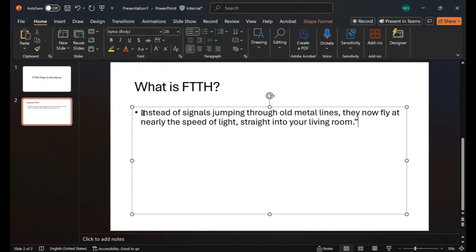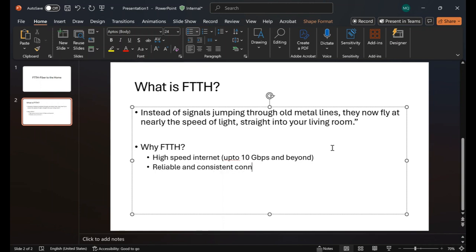Okay, why FTTH? High speed internet, up to 10 Gbps and beyond, reliable and consistent connectivity,